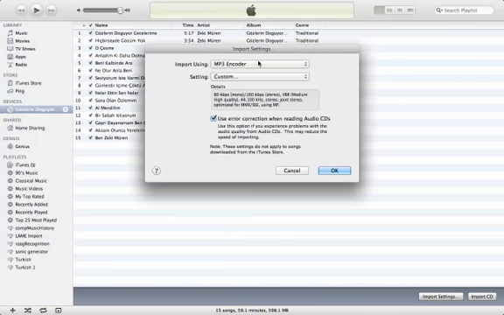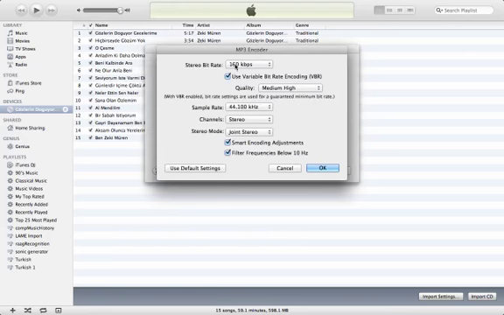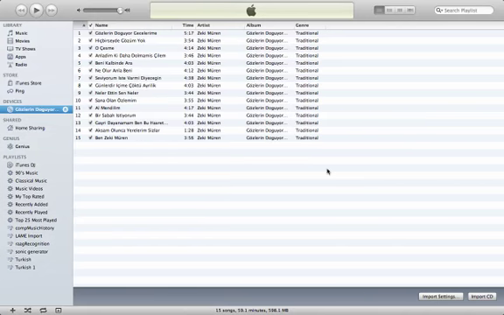So the first thing is our settings. This is how we do it. We use variable bitrate encoding. The stereo bitrate is this, the quality is medium high, and the sample rate is a typical 44,100. As you can see, all these are pretty much standards. So afterwards, when we are importing the CD, let's go to